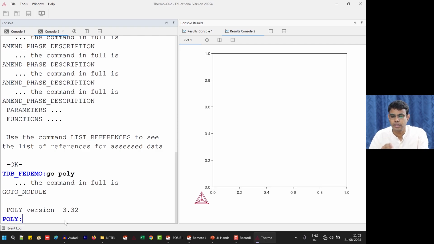Now, setting conditions in the binary case was straightforward. Since we had 2 elements, we entered the composition of 1 element. Here we have 3 elements. How many composition variables should we enter? If there are 3 elements, 2 composition variables are to be entered. Only then will the degrees of freedom be 0. That's how the software works. So if we enter the chromium value and nickel value, or chromium and iron value, what will happen? It will not tell anything about fixing the ratio between chromium and iron as 1:1.